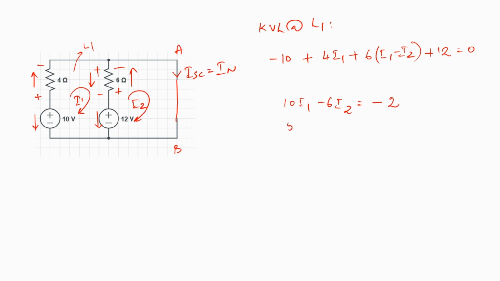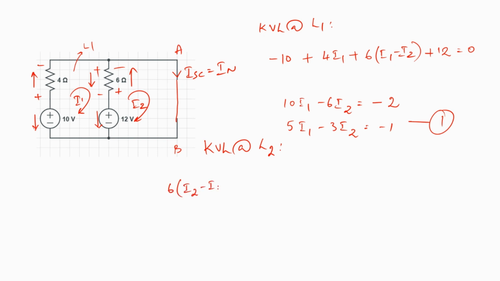Or I can say 5I1 minus 3I2 is minus 1. So this is my first equation. Now applying KVL at loop 2, what I get now here is